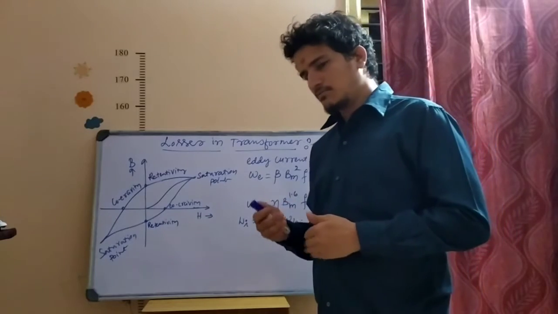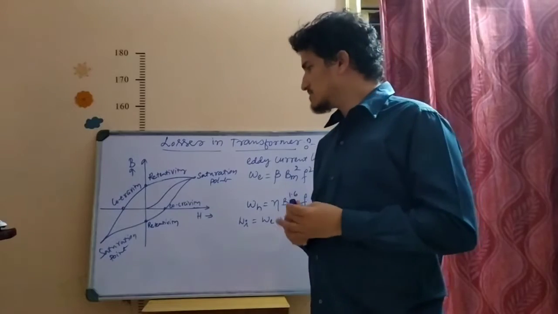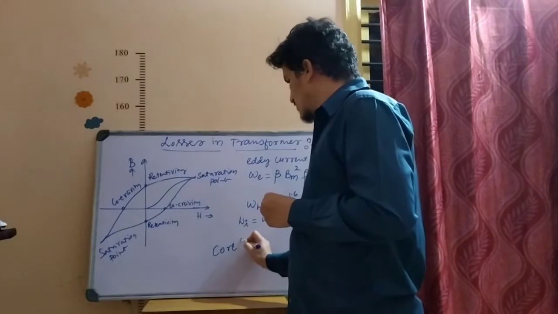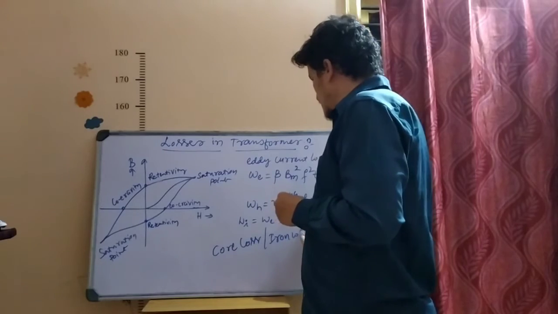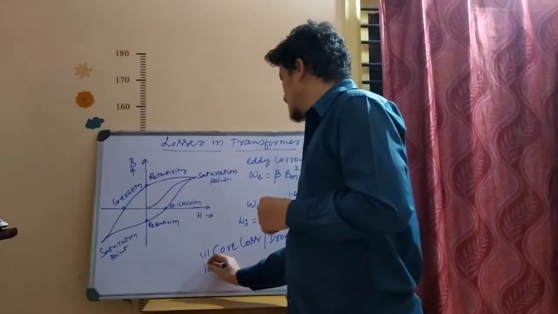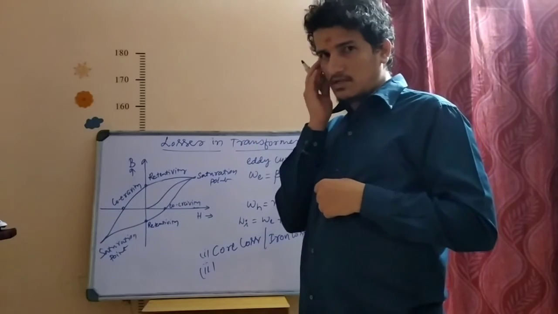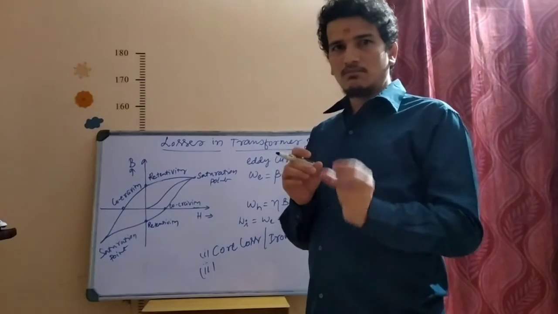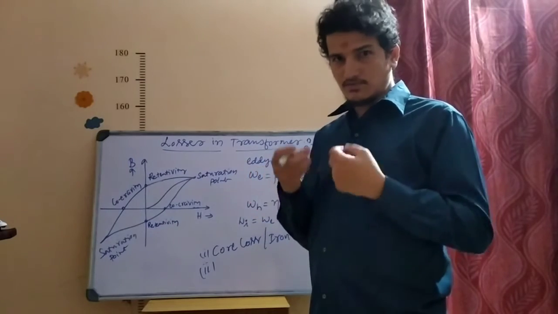Repeatedly I am telling, starting from the construction of the transformer, that two major types of losses take place in the transformer. One is core loss, also called iron loss. There are two names for it, core loss or iron loss, both are the same. The second one is loss, meaning power. What do we call power? V I cos phi, or V I, the product of voltage and current, is power. Anything where power is dissipated, where power is wasted, is called loss.